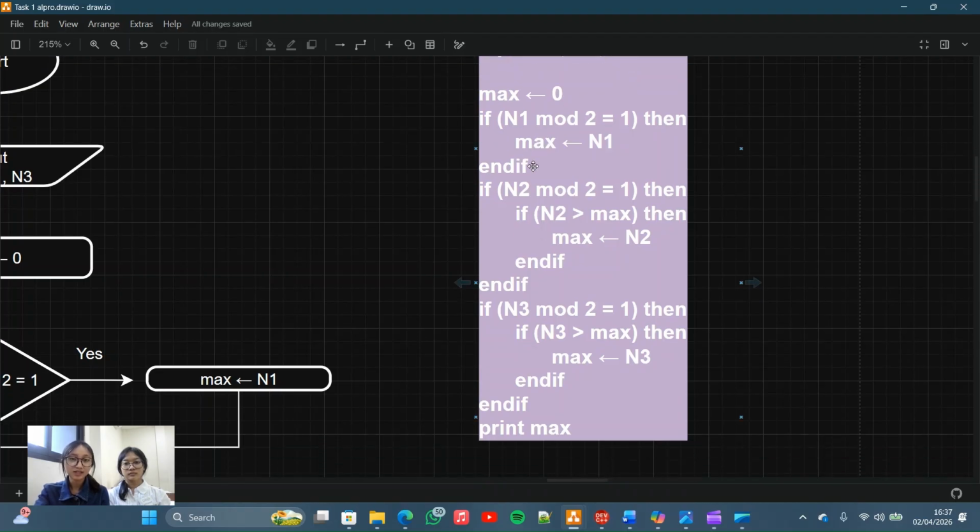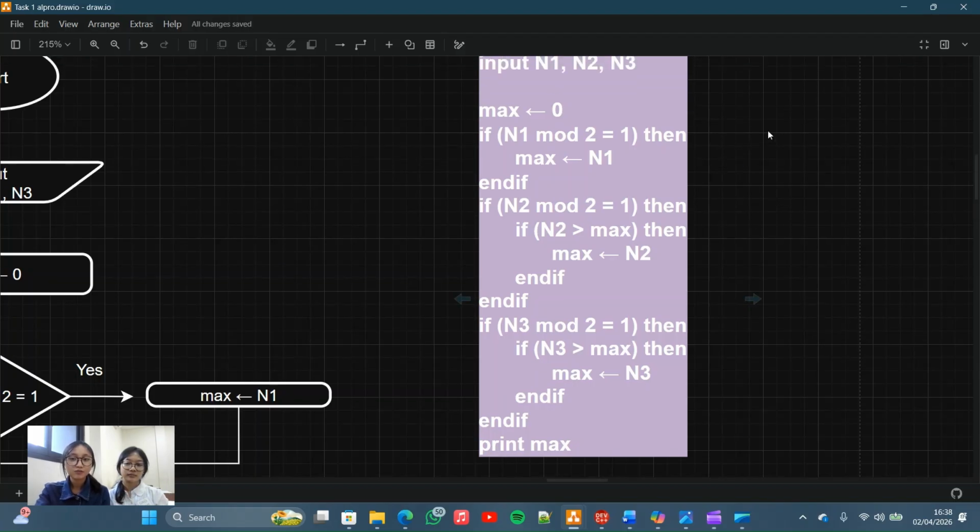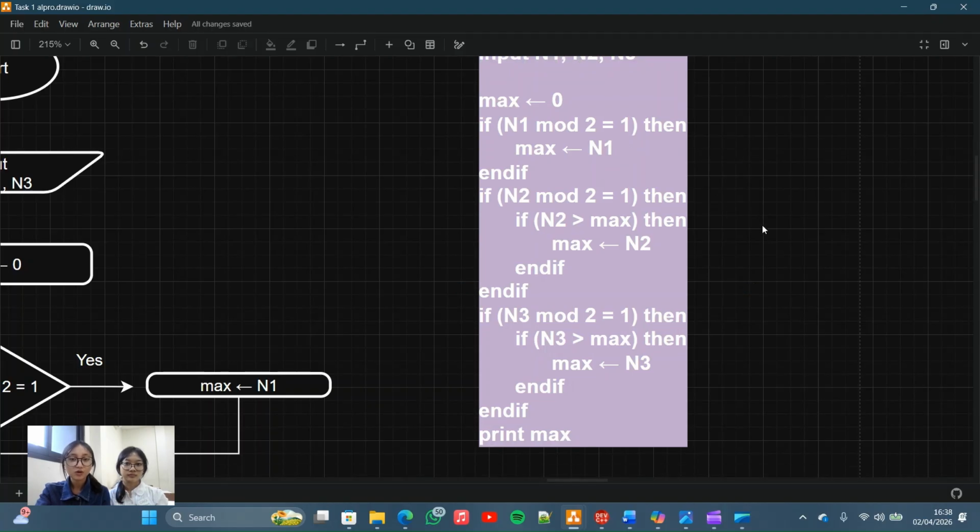And then we end if, and then we continue to the if on the second part. Why? Because no matter if we go to this part first or don't go to this part, we will always go to the second decision. That's why we end the if in the first decision and then start a new if for the second decision.